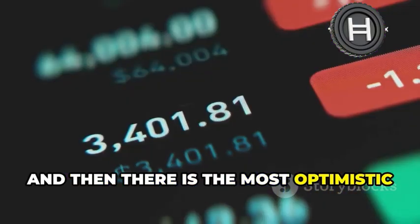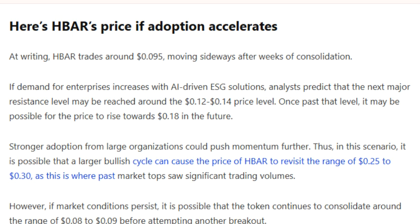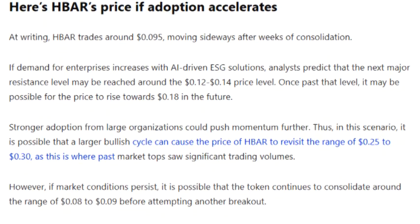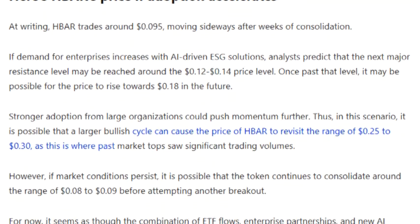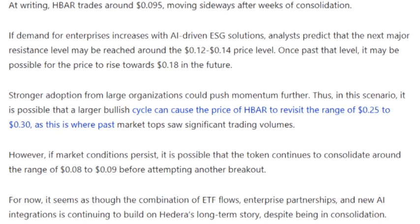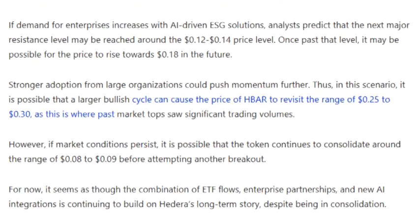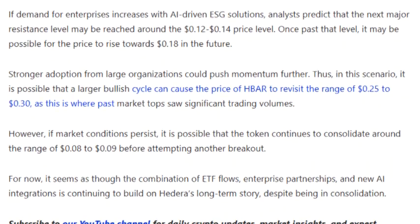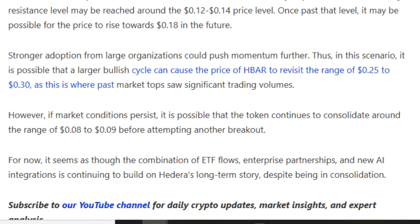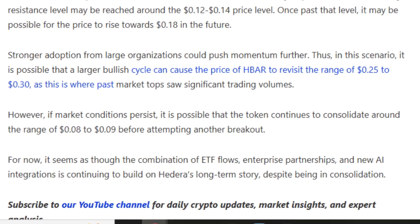And then there is the most optimistic scenario, $1 HBAR. At that price, your 1,000 tokens are worth $1,000, a 10 times return on a $100 entry. That is not a number pulled from thin air. It is a number that reflects what Hedera would need to look like if it captures meaningful market share in the enterprise blockchain and tokenized real-world asset space at scale. My take on this framework,